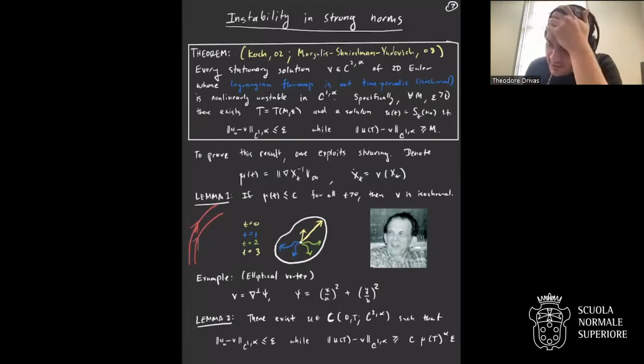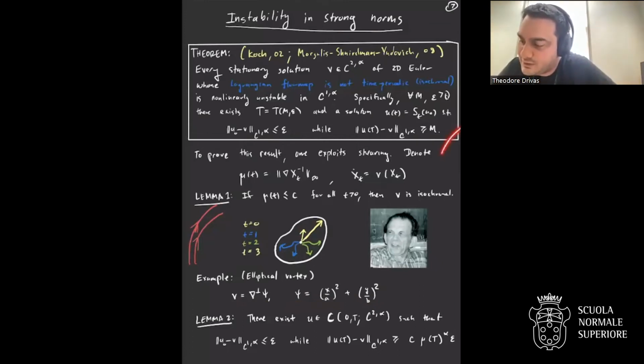There's a very simple family of elliptical vortices. So the simplest one is just solid body rotation on the disk, like a record player. That's an isochronal flow, a steady solution of Euler, but you can generalize those somewhat surprisingly to this family of elliptical vortices that have the same property. So these things exist, and they may be somewhat rare. I'll comment on that in a second, but they exist. And you could ask, are they also likewise unstable? So it's the only open case from this theorem of Koch.